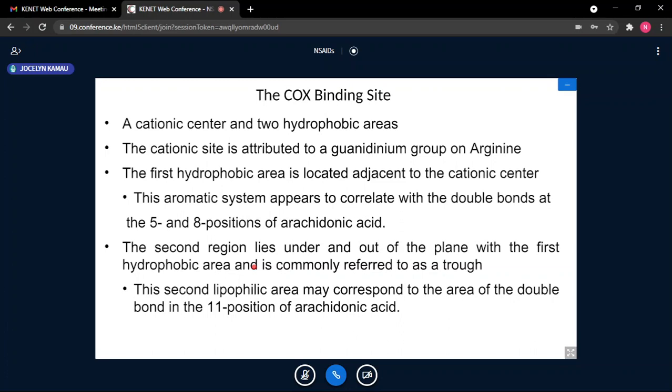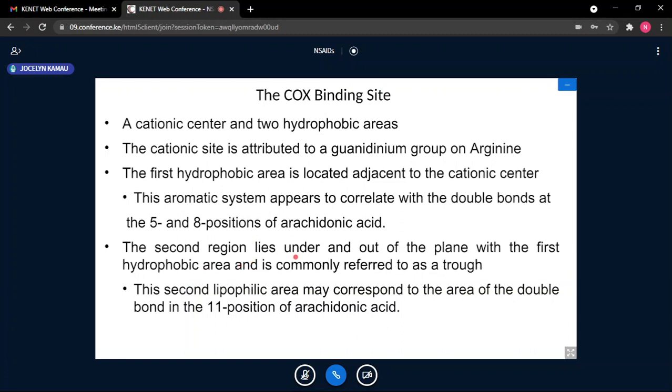How is the structure of the drug such that the first ring and the second ring are not in the same plane? They do not have coplanarity. The first and second ring are not in the same plane. One of the rings is facing one side, the other ring is facing the other side. They are not on the same plane. They cannot form a plane when you look at the three-dimensional structure.